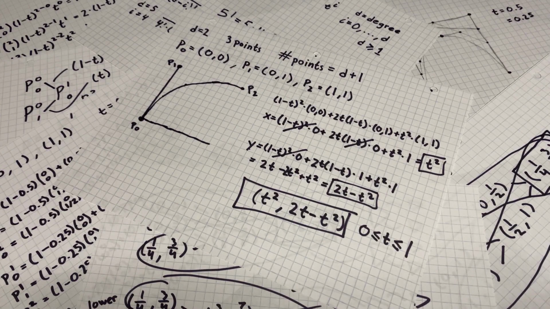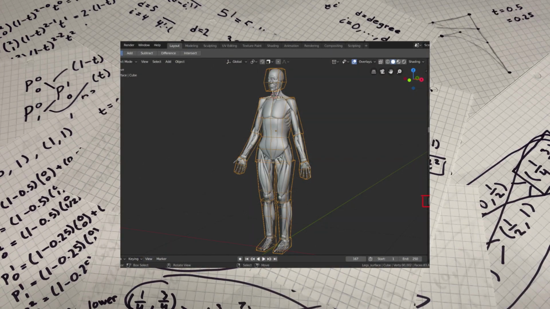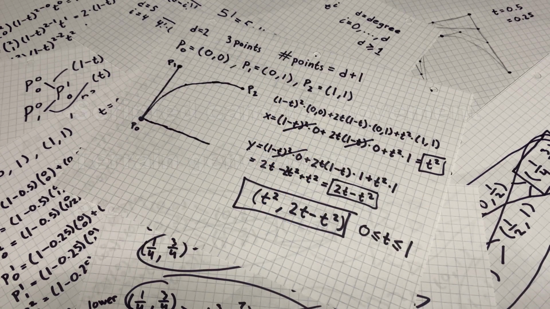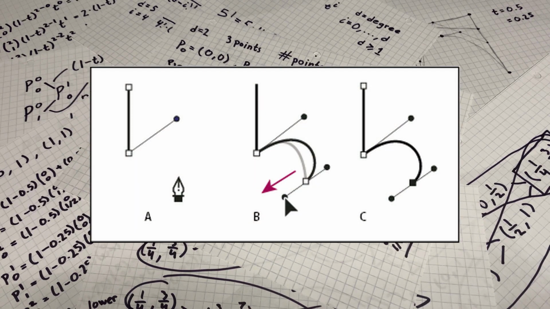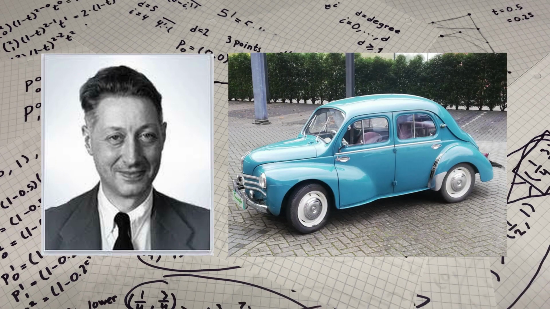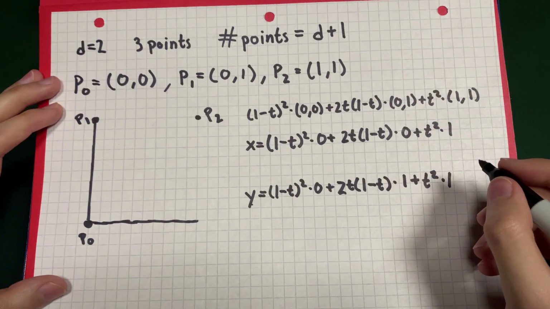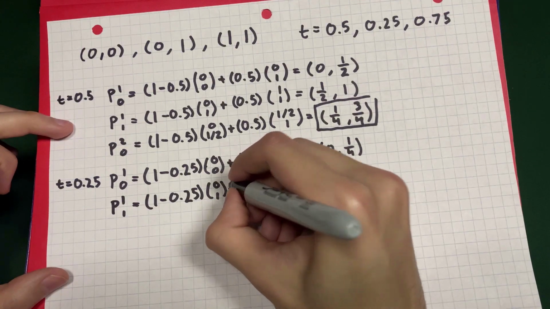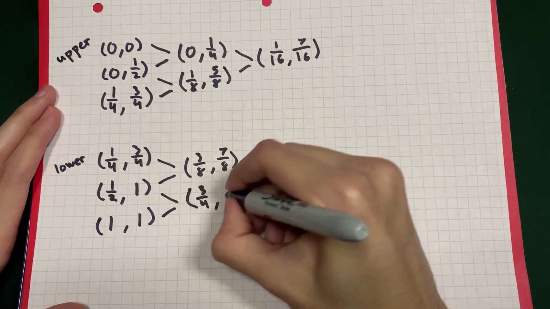So yeah, that's Bezier curves and how to compute them. This is probably my favorite topic in math. Not only is it really simple to compute these curves, but they're just so useful. They're used in computer graphics like 3D modeling and animation. If you're making a video game, you could probably use them for a variety of things. It's how the pen tool in Photoshop works. Hell, the guy who discovered Bezier curves used them in car manufacturing. It's math that's actually very applicable. And that's when math is at its best, when there are actual reasons to use it.